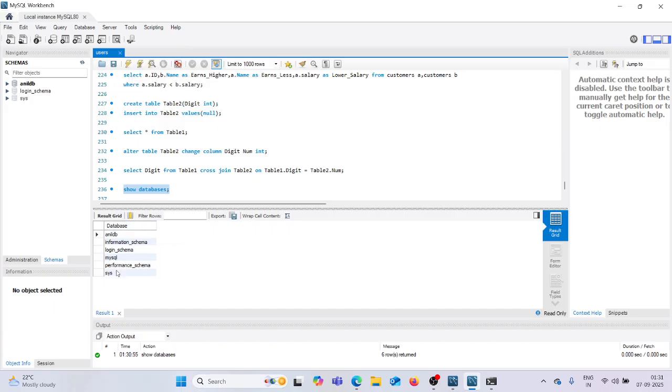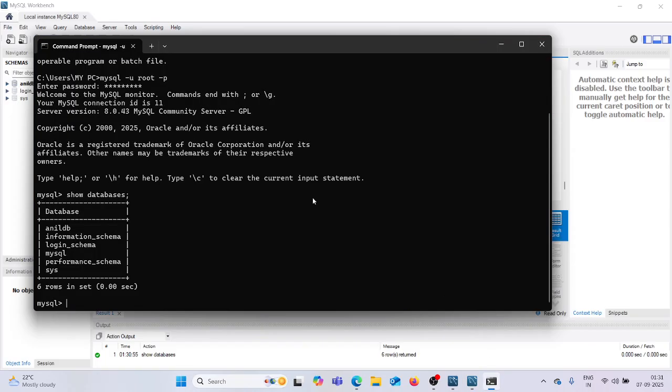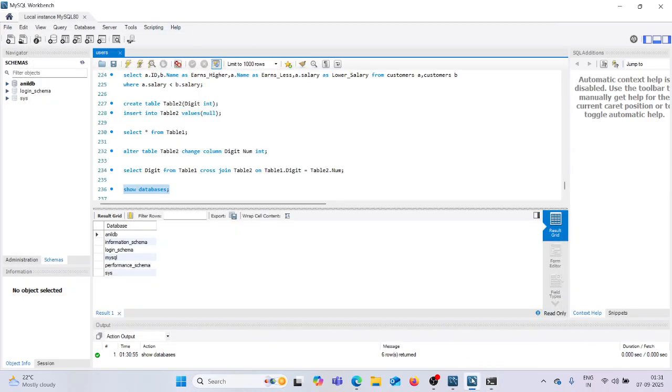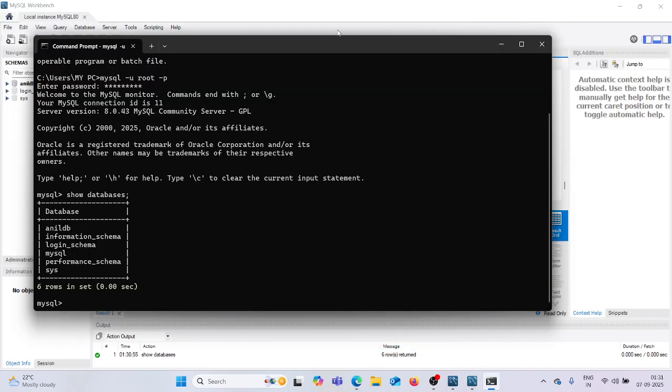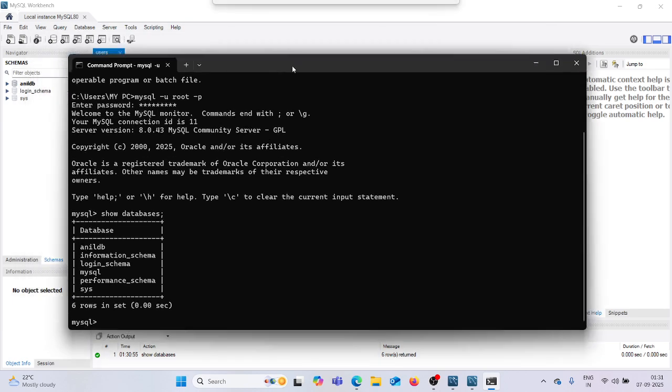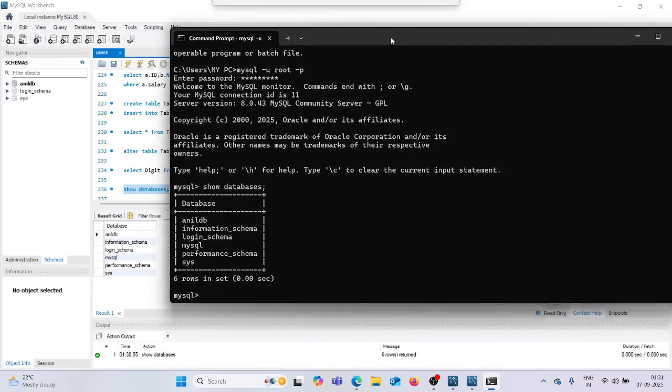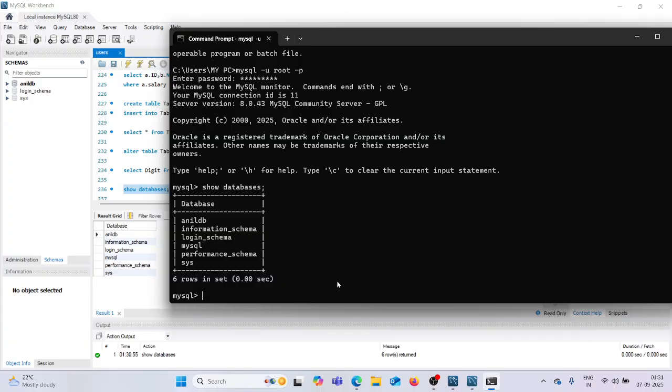Here also we get the same 6 databases you saw in the command line in MySQL shell. The same output shows in MySQL Workbench as well. This black screen is the MySQL shell. Shell is nothing but it shows things in the command line, through the command prompt.